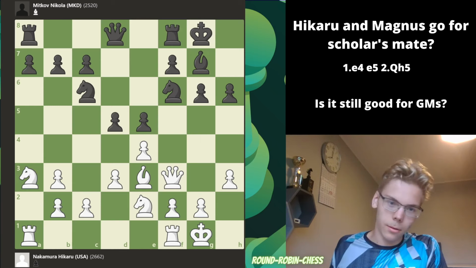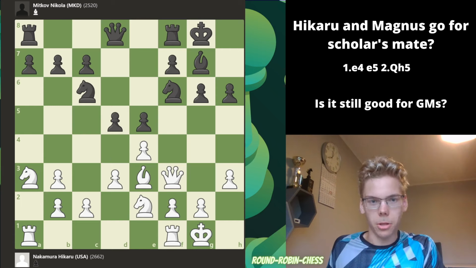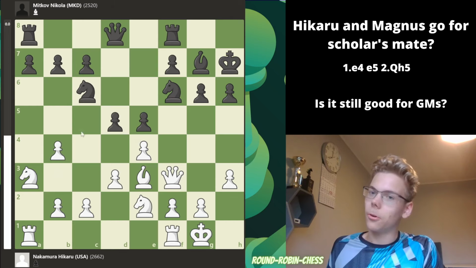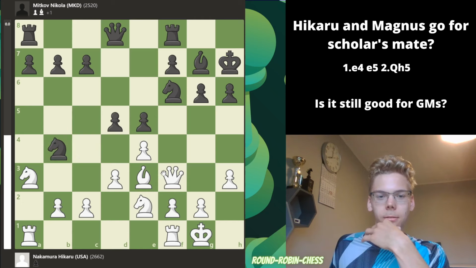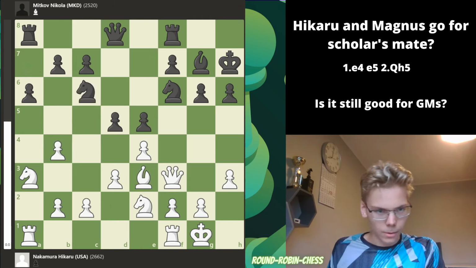All right. There are now doubled pawns for Hikaru. He's quite a little bit worse here, but he can handle this. King h7, b4. Huh, that's really nice. You cannot take because of this fork. Nice, nice. a6,